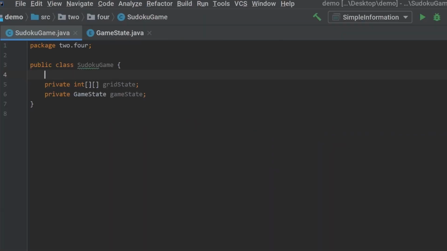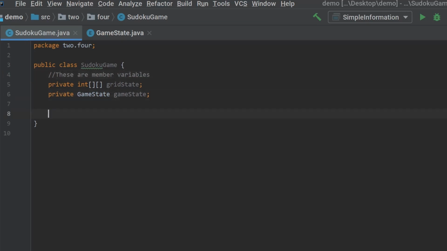In a previous lesson, I said that there are 2 types of variables, primitive and reference, but also that there are other types. A variable, which sits in the body of a class, is referred to as a member variable. It is a member of that class. At the moment, I have not initialized or created these 2 variables. The most common way to do that is to use a constructor method.